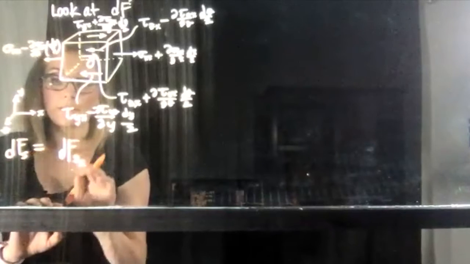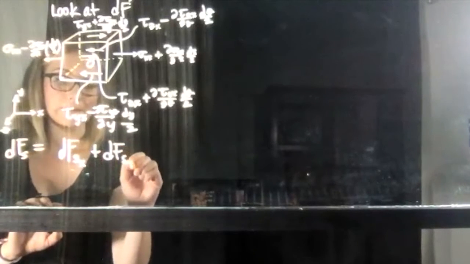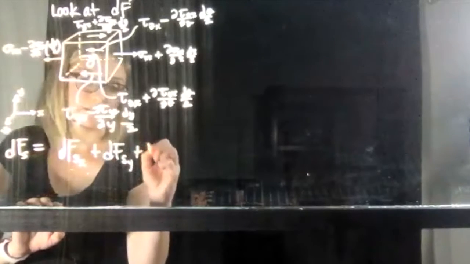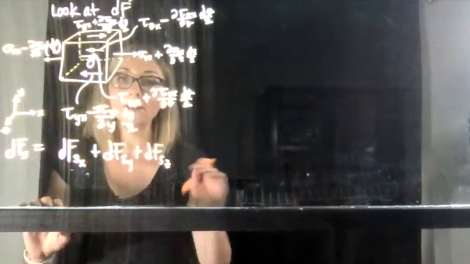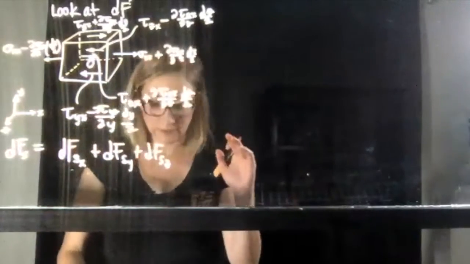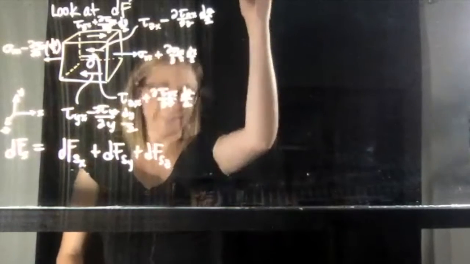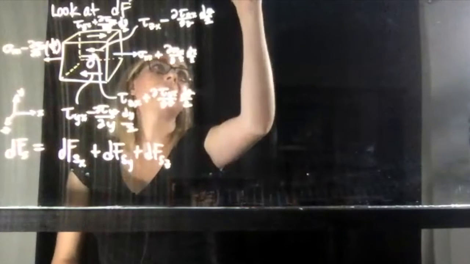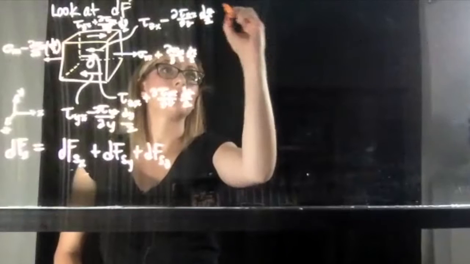So we have dFs in the x direction, and then we're going to have dFs in the y direction and dFs in the z direction, right? So when I add all of these terms up, this is what I end up with. So in the x direction, I have,